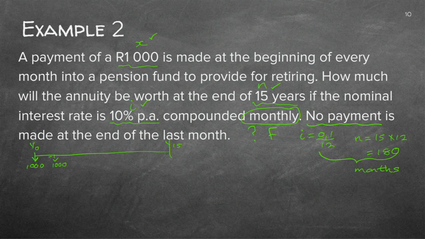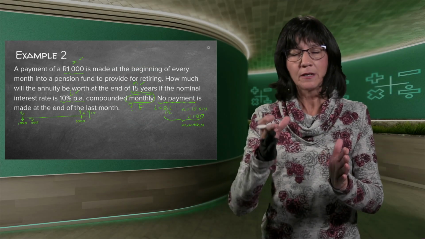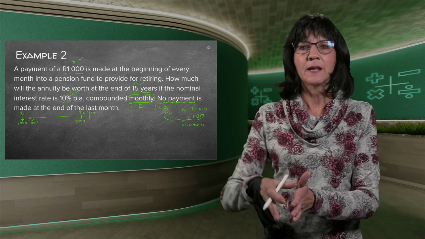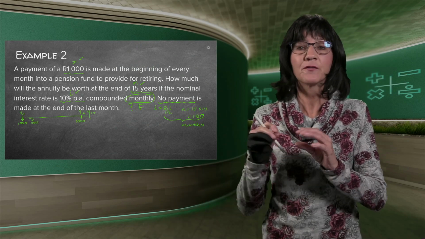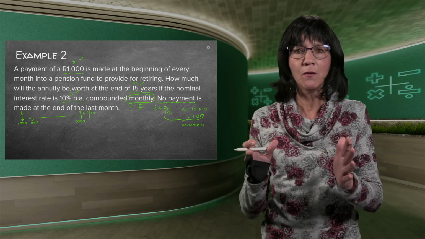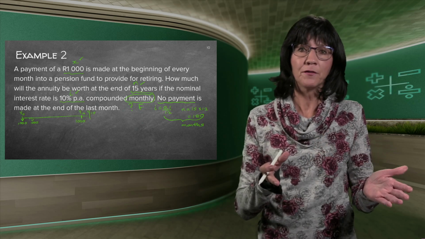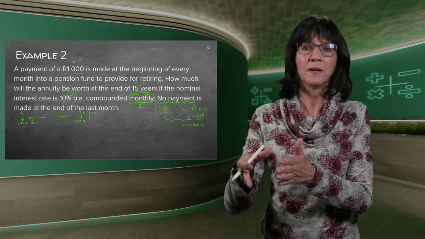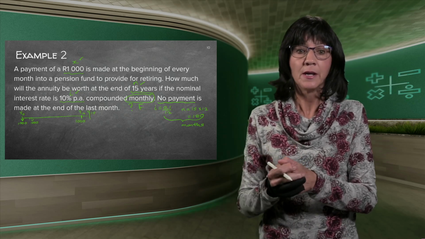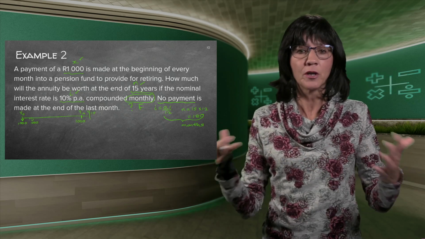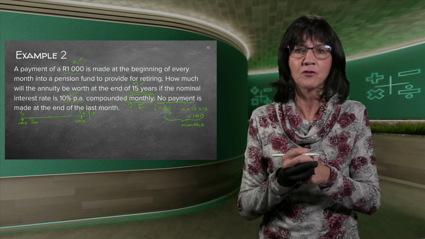No payment is made there. That means they stopped there on year 14. The last payment was there. Now let's quickly check. Normally, I start at the end of the first month and I end at the very end of my timeline. That is for my normal formula. So what happened now? Everything just moved one forward. The first payment moved to the beginning of the month. The last payment moved to the beginning or the end of the second last month. So do you agree with me? The amount of payments are going to be just the same. It's just going to be 180 payments.